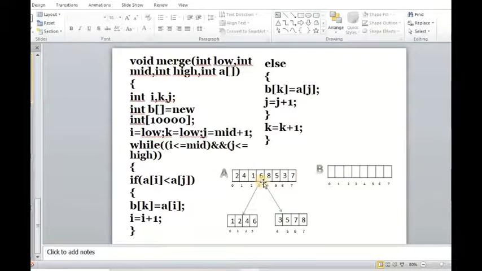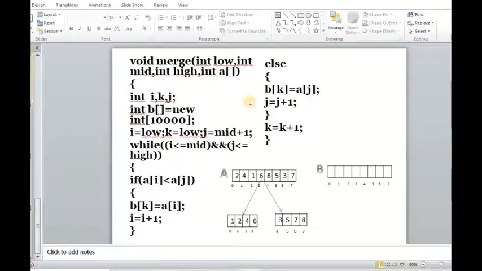This was my original array. I split it into two sub-arrays. Next, I sorted each of these sub-arrays. Again, what I want to do is merge these two sub-arrays into the original array in the sorted order. For that, I have this code. Just go through this main merge method. This merge method will merge the two sub-arrays in sorted order into the original array. So it will merge two sub-arrays in sorted order into the original array.